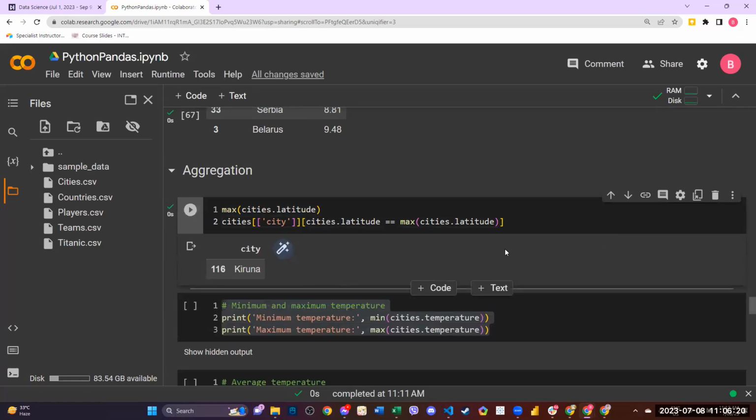So the city is Kiruna, which is the highest. It's up to you if you want to replace that with this one, or you have a variable, highest latitude. So you can place that here, highest latitude. Okay, so that is Kiruna. How about the lowest